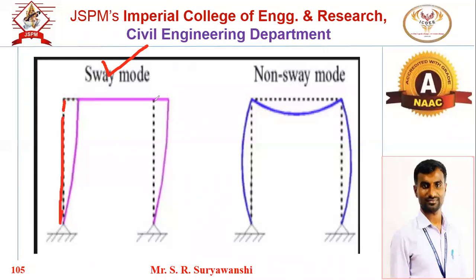Now see, these are the columns, and due to the lateral load they have shifted their position to a new position, and that amount of sway or displacement is delta. Whereas the beam doesn't have any effect. It will act as rigid as it is. So there is no effect of sway in the case of a beam. The sway effect we have to consider only for the column members. This point we have to remember.